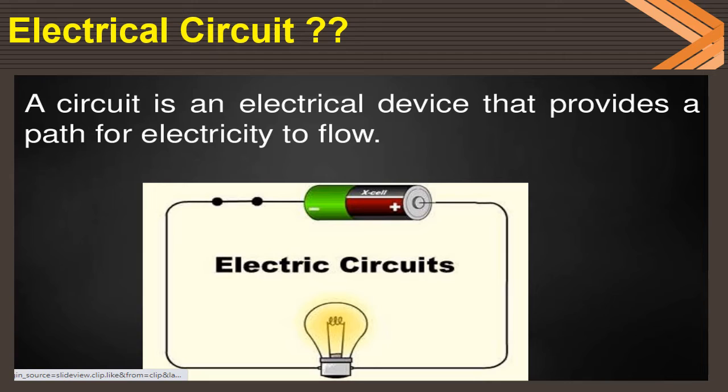Now if you are going to build a circuit, at that time you should think about how I can build my circuit, how I can place my load, and how the supply can be applied. So here the circuit is an electrical device that provides a path for electricity to flow. Here we are considering the battery. You can observe here plus and minus is one battery. Here is a switch. These two dots indicate the switch is closed, and we are aware the current will start to flow in the circuit whenever the switch is closed.